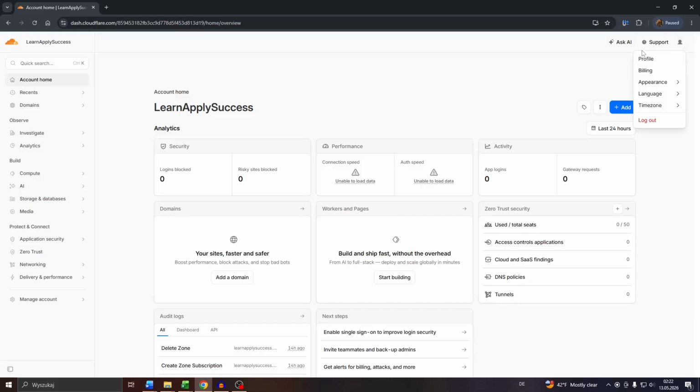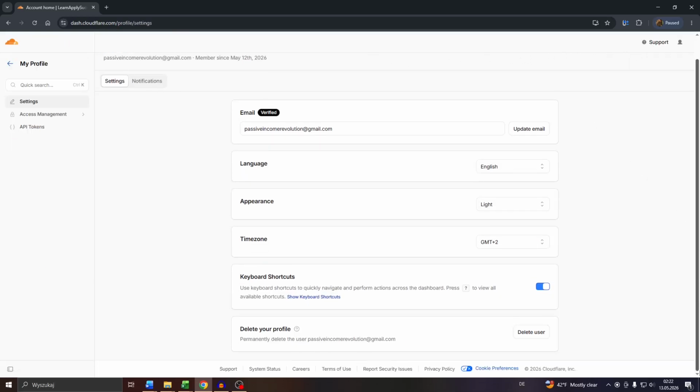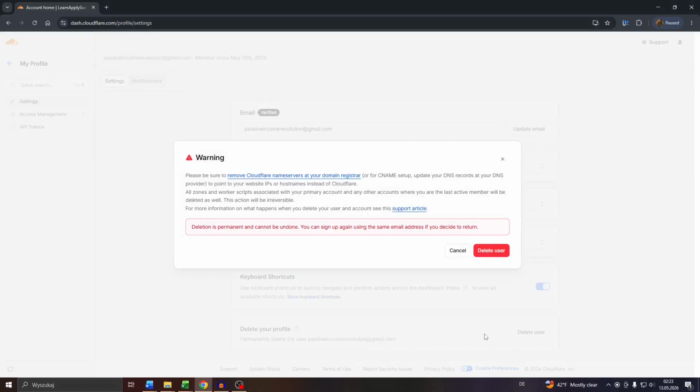Here, click into profile, and next scroll all the way down, and here under delete user, to the right you will see the associated account to the left, so click into delete user, and as you can see guys, that is going to remove